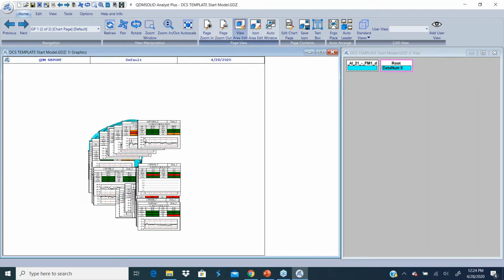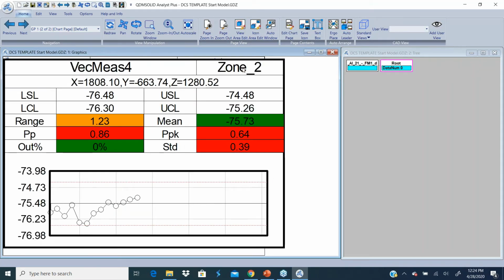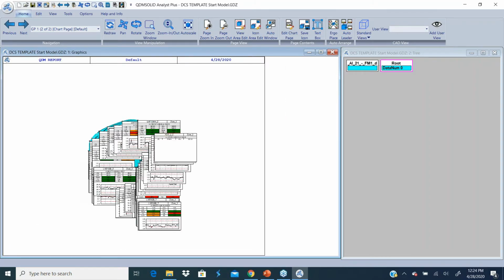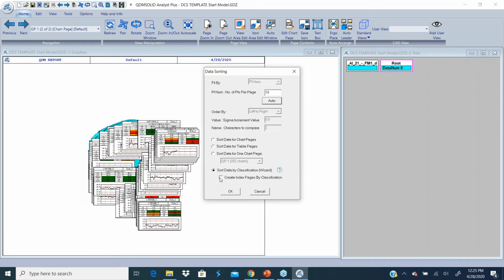So if you look at it, those zone names that we had on the file, now it automatically got into the template. So, the ability to use an Excel-based managing of the classification, and when you load the data, it automatically pulls in the data. Then of course you do the next two steps of sort data by classification, create an index page, and